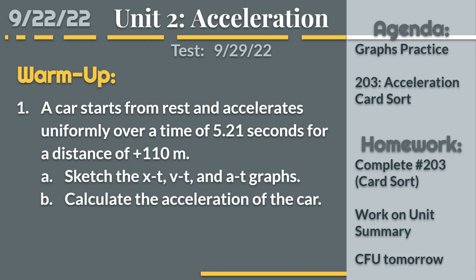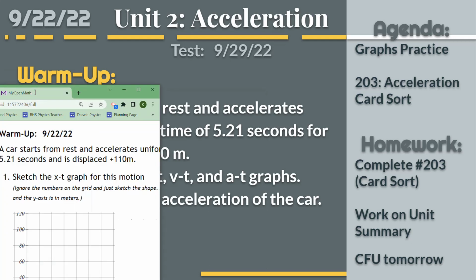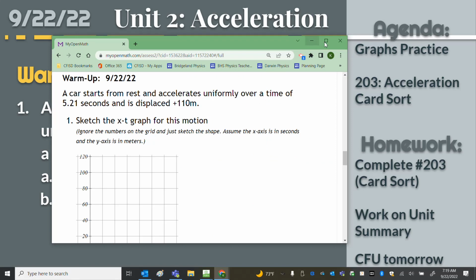But let's go ahead and take a look at the warm-up first. It says a car starts from rest and accelerates uniformly over a time of 5.21 seconds for a distance of 110 meters. Sketch the xt, vt, and at graphs and calculate the acceleration of the car. So if we want to do those things, I'm going to go ahead and bring the MyOpenMath screen over here